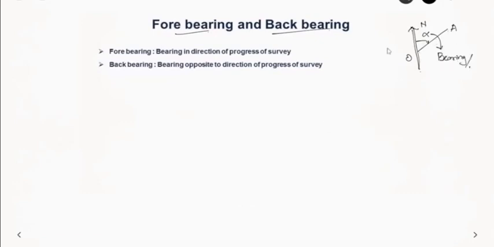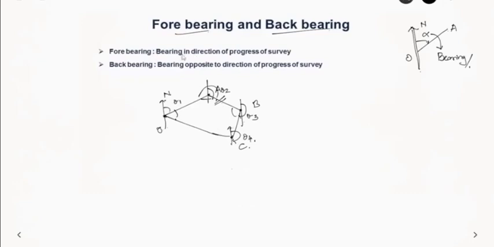So if you are setting out a survey line like this, from O you are starting, you are going to A, then you are going to B, then you are going to C, and so on. If you want to measure the bearing of each line, that will help you in setting out the survey lines, so that you will always do with respect to this reference meridian. So you have this angle theta 1, then you have this angle theta 2, and for B you have this theta 3, then for C you have this theta 4. Like this you will keep on measuring the bearing of each of these survey lines. So this will help you in calculating the included angles also, what are these interior angles or exterior angles, etc.